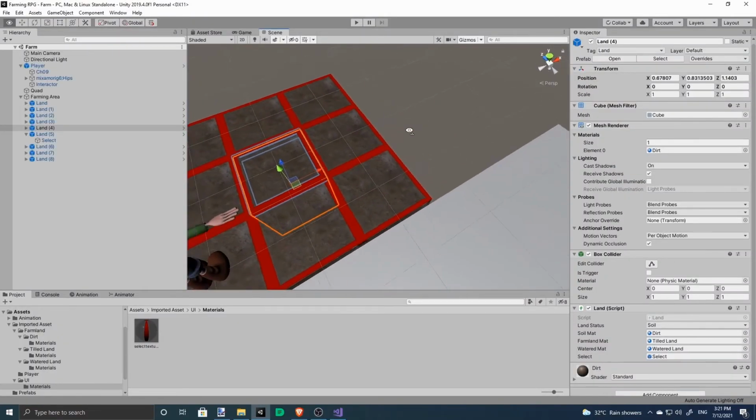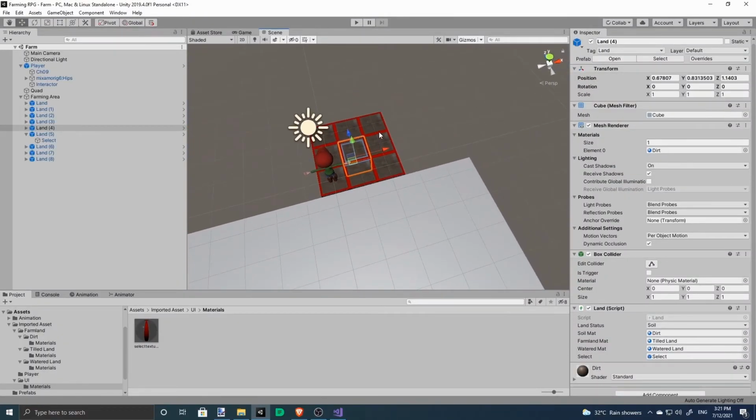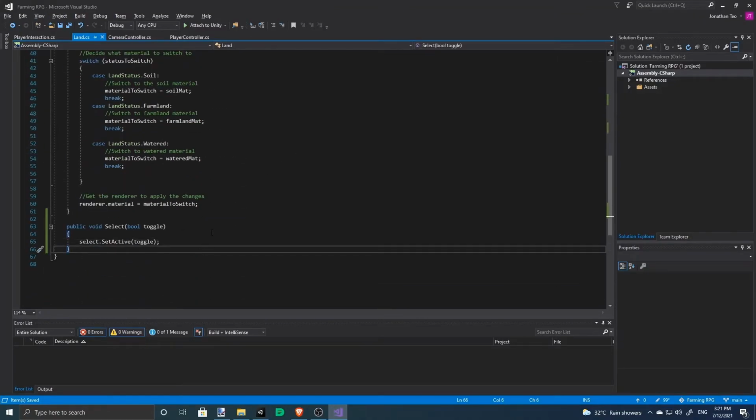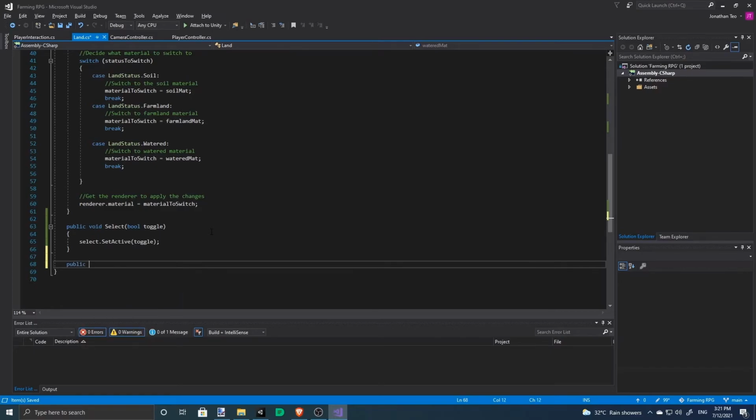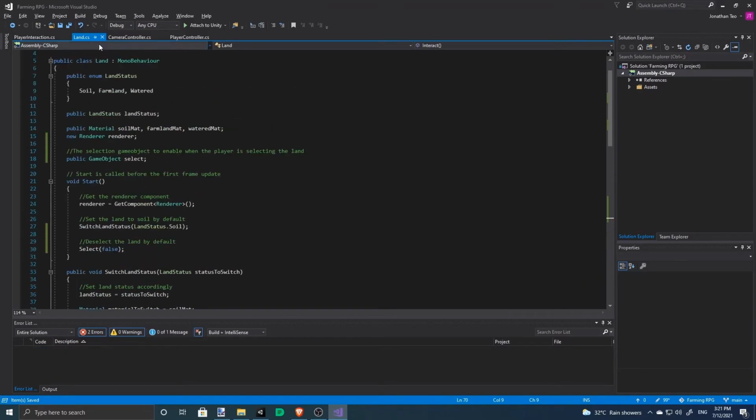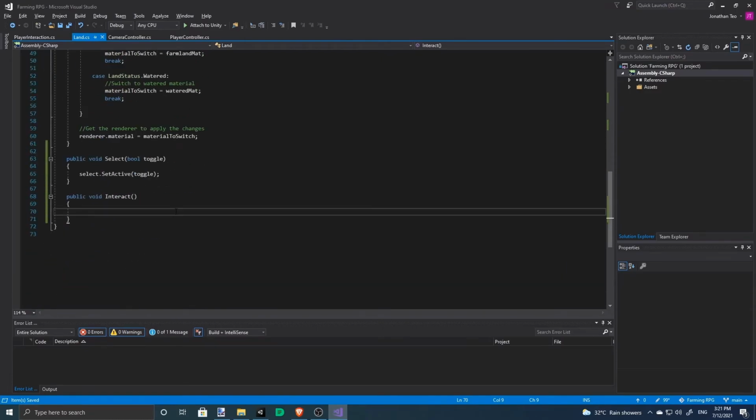So now we need to make the player interact with this. So if the land is being selected, option action. This is on our land script. Interact.